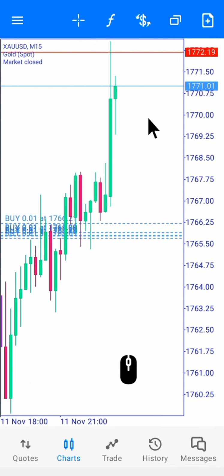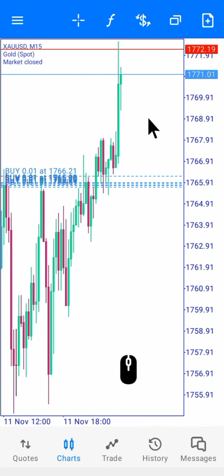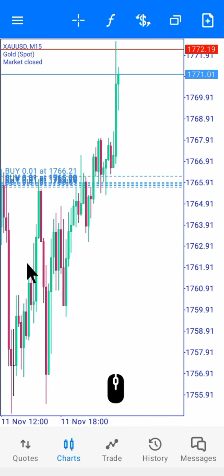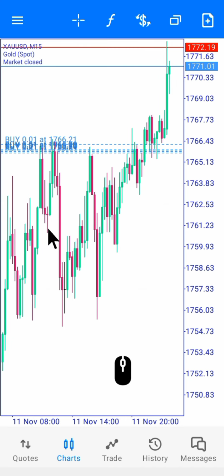15-minute candle. So you can ask me now, why did I choose to sell? Why did I choose to buy here? It is because of this. You can see here this market trend with this 15-minute candle. Here, the market was touching this point, trying to break, and still failed to break on these wicks. You can see